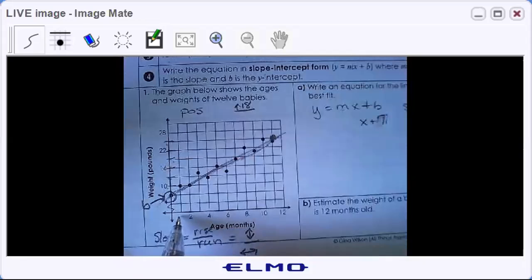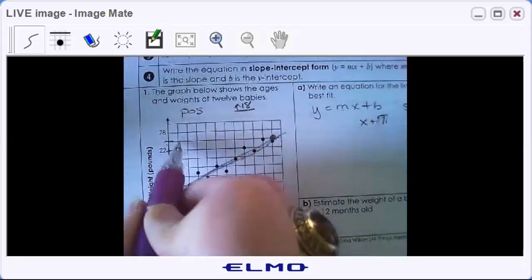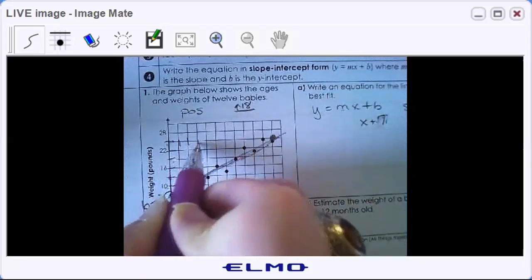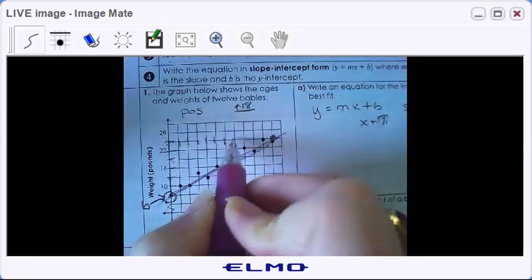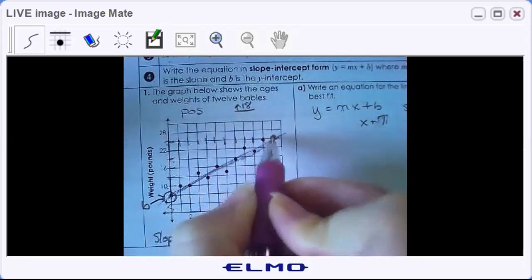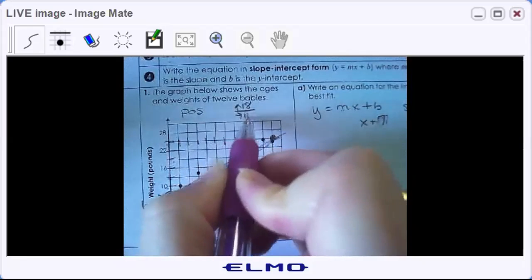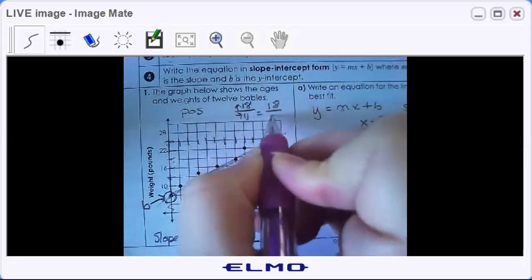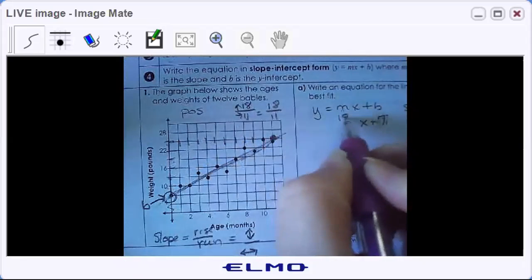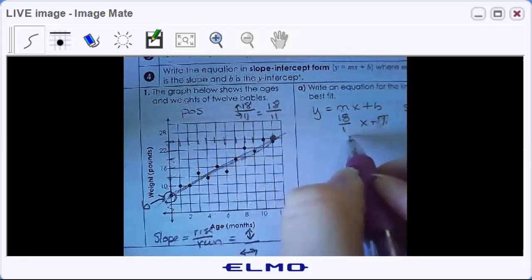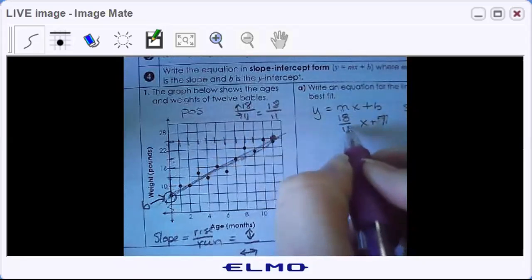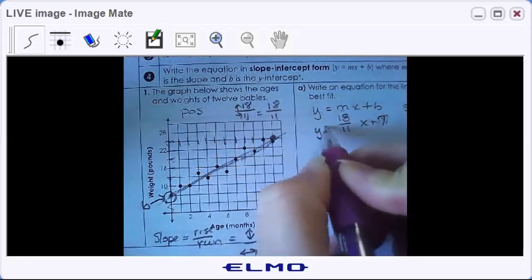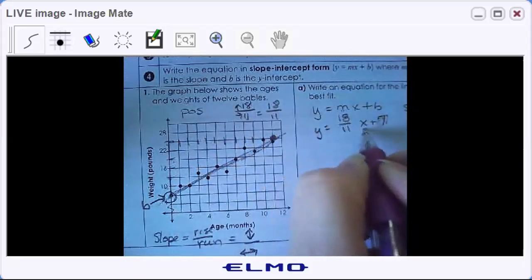Now along the bottom, let's see. It's going by ones along the bottom. So this is 1, 2, 3, 4, 5, 6, 7, 8, 9, 10, 11. So 11 to the right. Up and right are both positive. So this is 18 divided by 11. So the rough estimate equation of my line of best fit is y equals 18 over 11 x plus